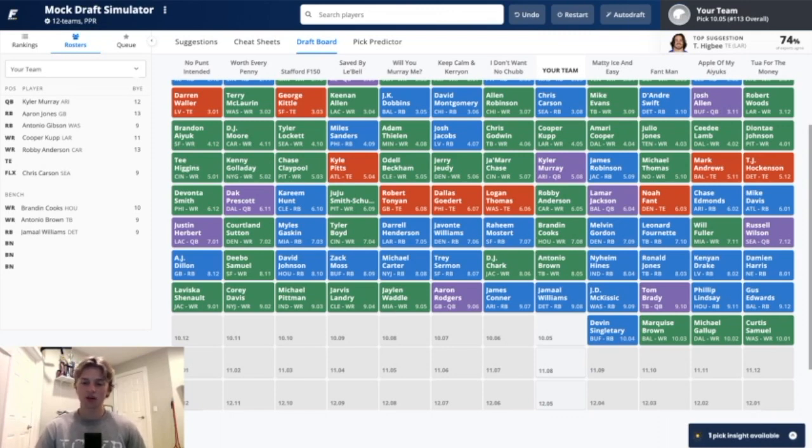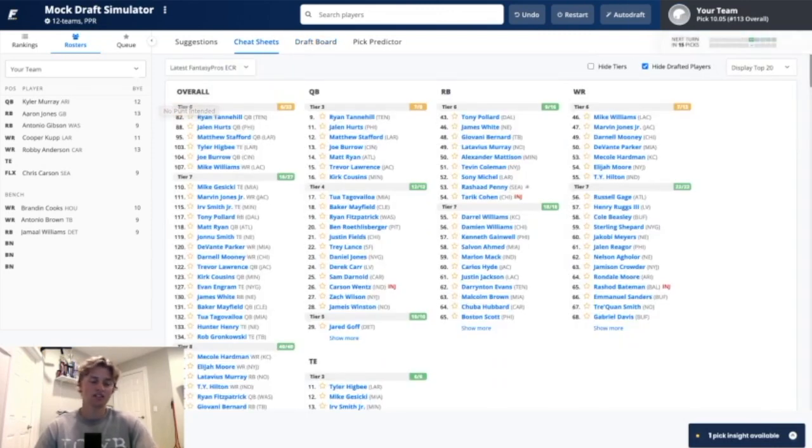And then the 10th round, it was Curtis Samuel, Michael Gallup, Marquise Brown, and Devin Singletary, which leads us into our 10th round pick here. Still need a tight end. Not really in a hurry to grab one. Maybe we snag Higbee, but I honestly am fine waiting because I do think there's still going to be value at other positions. Right now we have 4 running backs, 4 wide receivers,